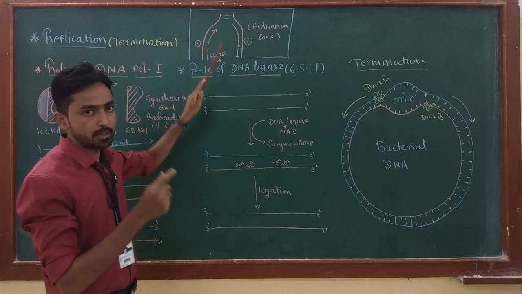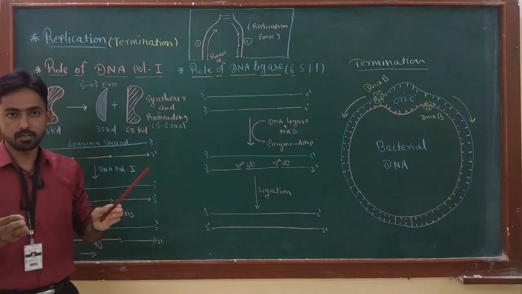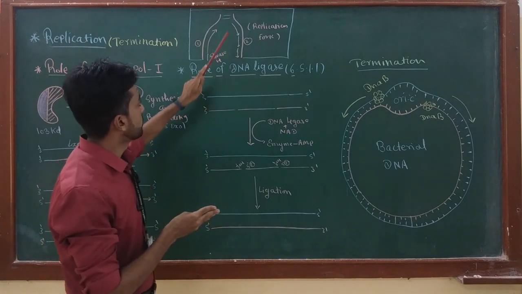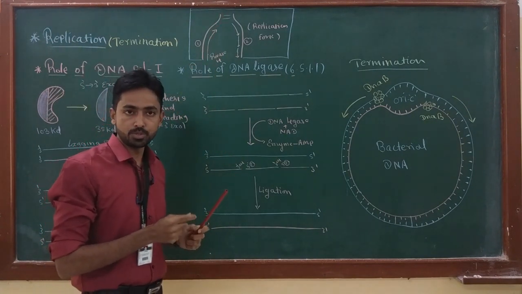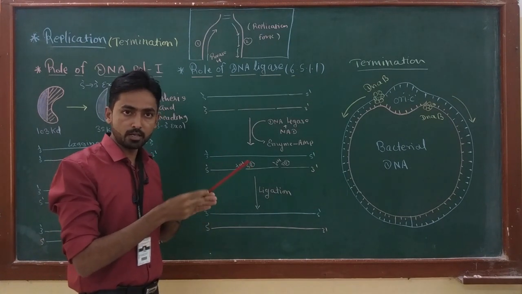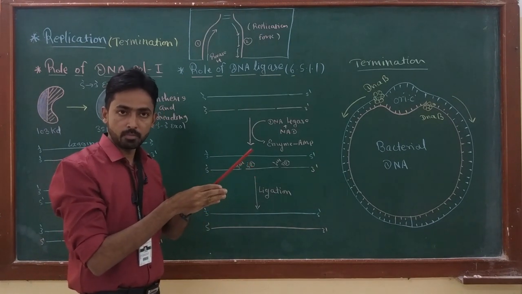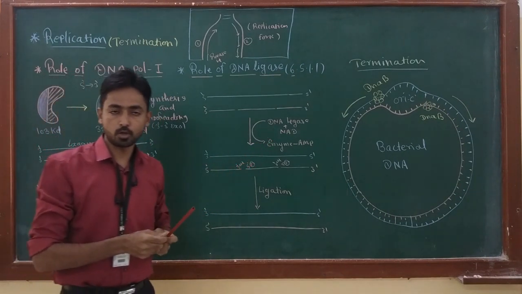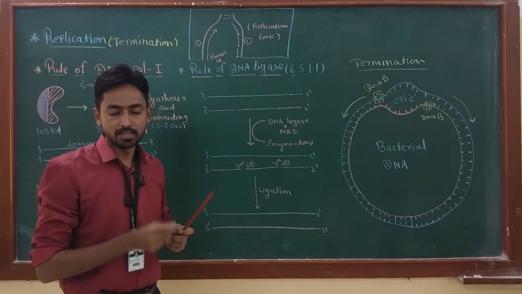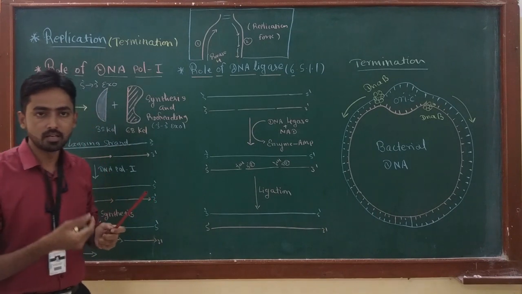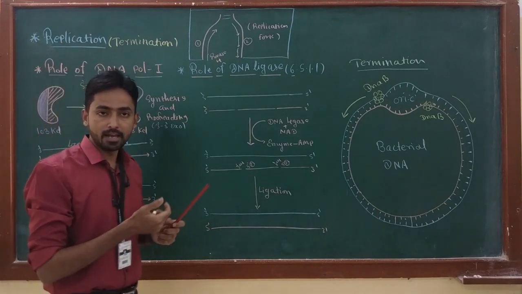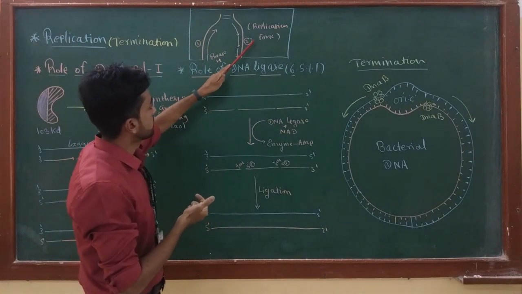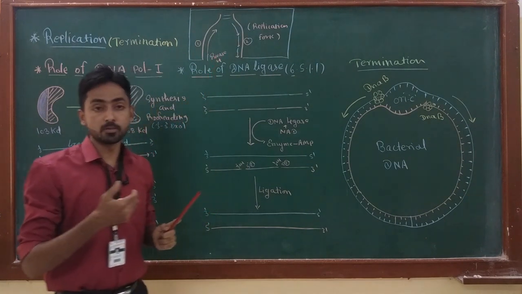In the replication fork, the two DNA strands are separated by melting the hydrogen bonds between them with the help of an enzyme called DnaB, which is a helicase enzyme. So this DnaB protein moves in front of the replication fork, separating the two DNA strands. Then these two strands remain away from each other due to the action of SSB, or single-stranded binding protein. This happens in initiation. Now in the elongation phase, due to the action of DNA polymerase 3 and RNA primase enzyme, both strands, the first being the leading strand and the second the lagging strand, are produced simultaneously.